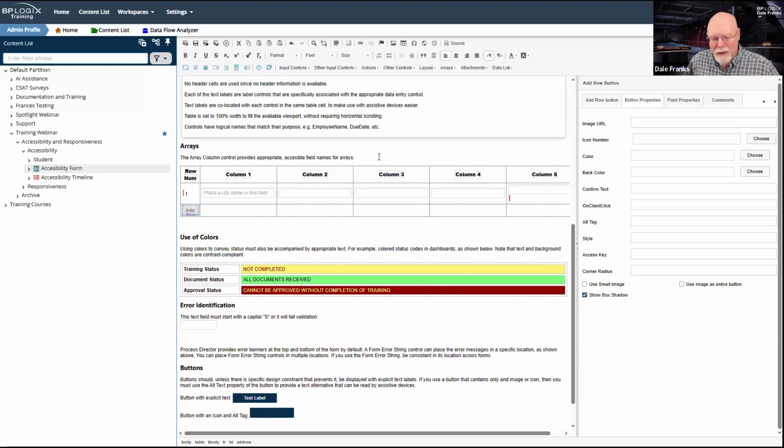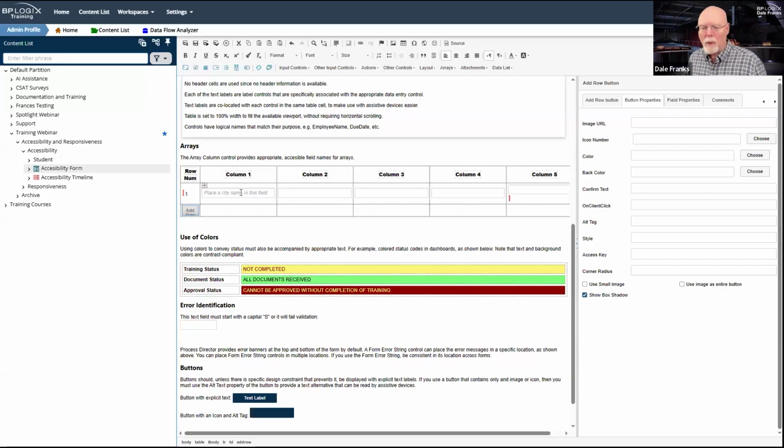In accessibility, it's generally a bad idea to have an image button, a button that is only an image and has no text on it. But there is an exception, and that is an exception for space.